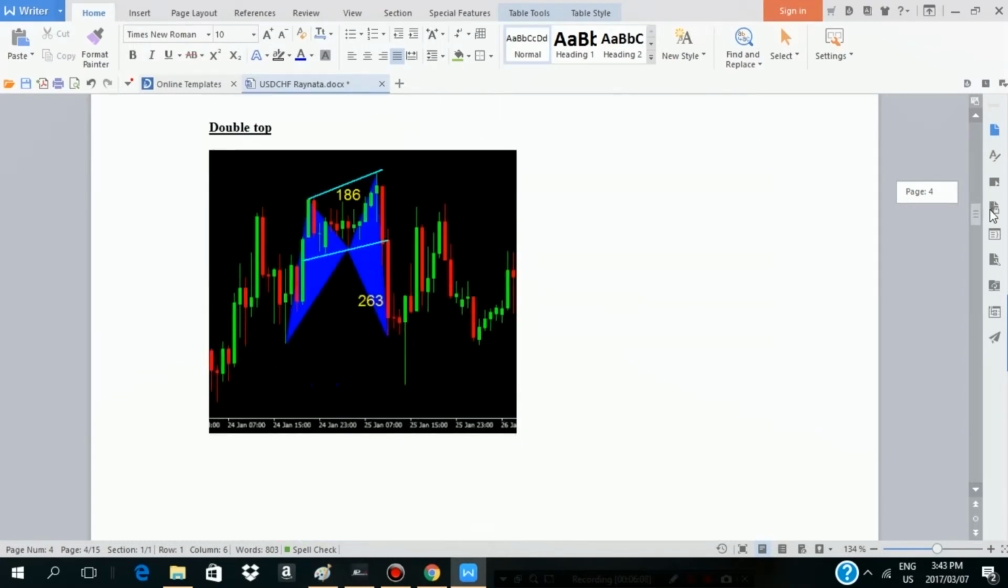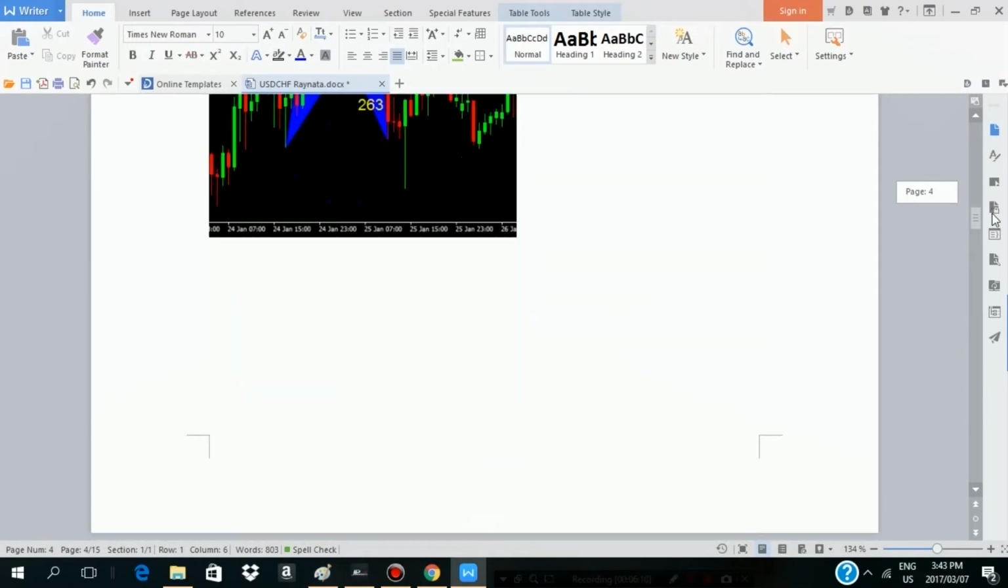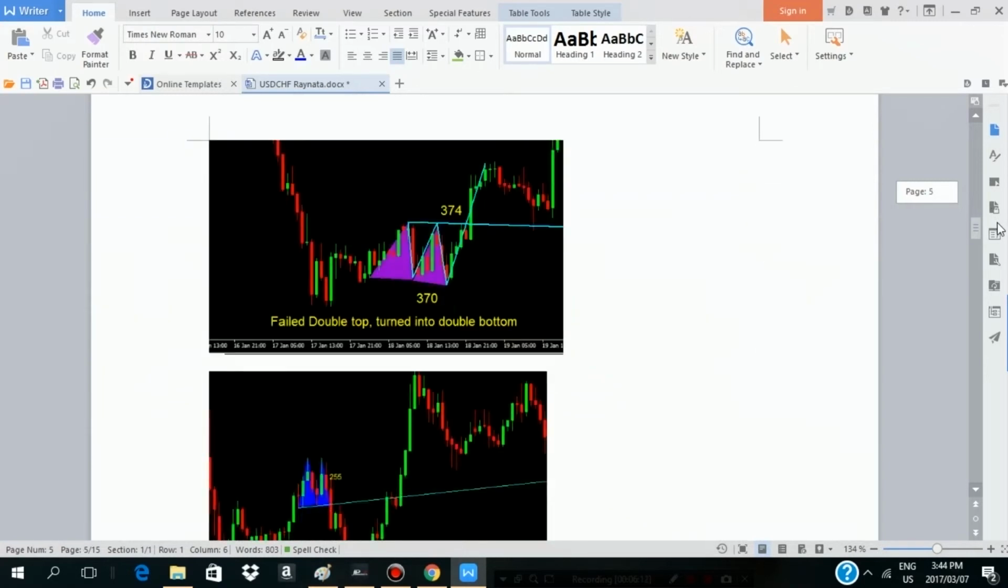Now, for example, here's my double top pattern. Notice how I have got a double top here. It clearly is a double top. There's no way that this could not have been a double top. But then it failed, and then it turned into a double bottom. Now, by me seeing, okay, this thing failed, but then it turned into a double bottom and it went in